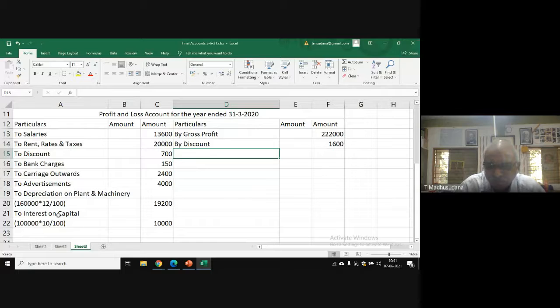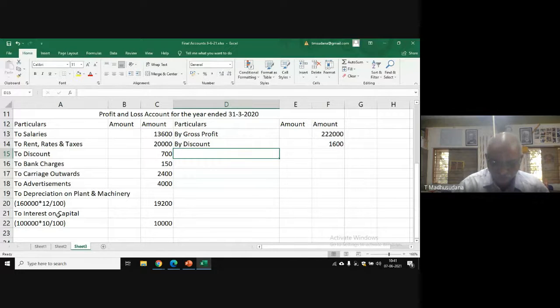In the previous problem, since the new provision was higher than the old provision, we have shown the difference in the debit side of the profit and loss account. But in this problem, the old provision is higher, therefore 50 rupees greater than the new provision. Therefore, that 50 rupees is to be shown here. Or you can treat in another way also. You just show the bad debts provision given in the trial balance at the credit side and a new provision on the debit side. Anyhow, you can show. Okay.